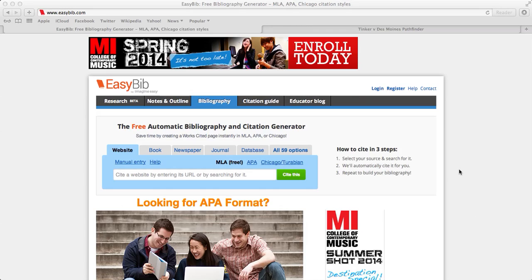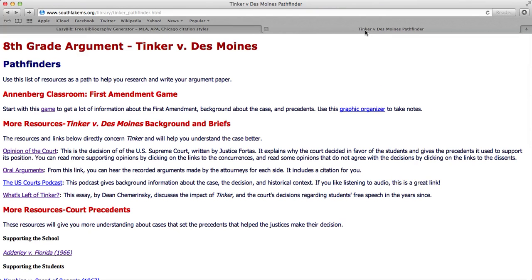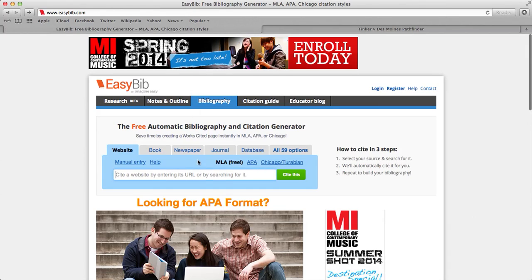And what I'm going to do is pull two sources from the Tinker vs. Des Moines Pathfinder and cite them using EasyBib. So the Pathfinder, you have your handout, but this is the Pathfinder that's on the school's website under Library, Pathfinders, Tinker vs. Des Moines. Okay, so going back to EasyBib, what you want to do is for a website,